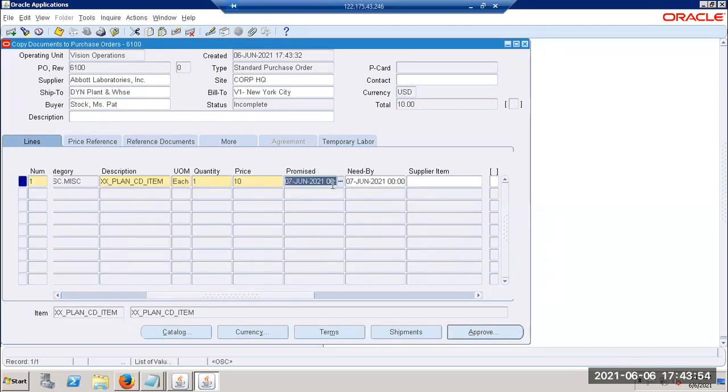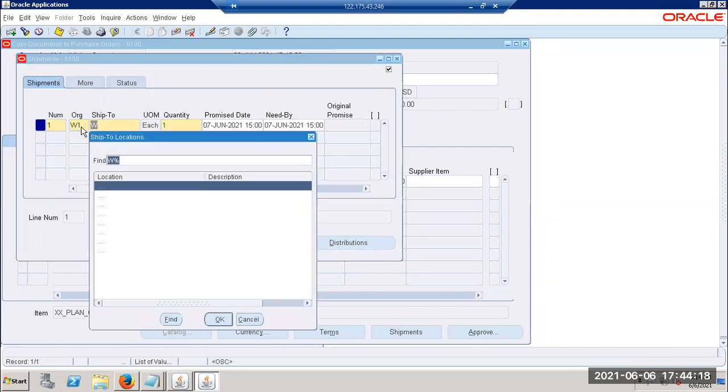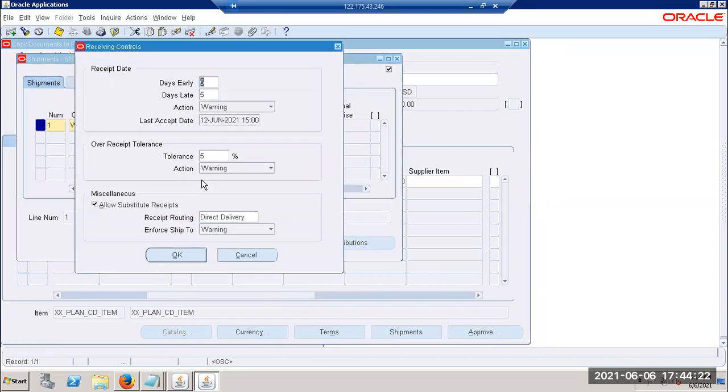Okay. Go to shipments. Select W1 again, W1. Perfect. Receiving controls also give that.